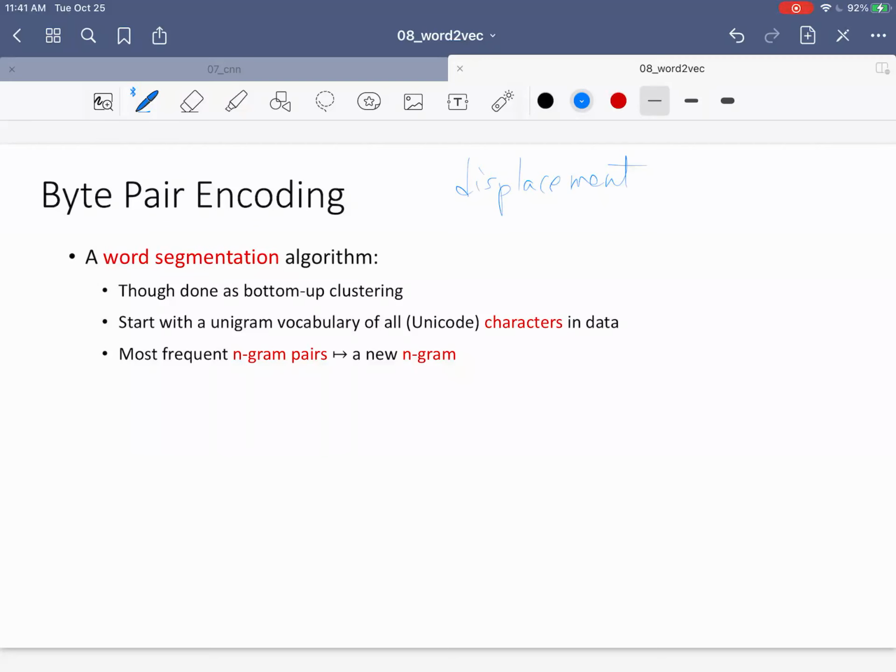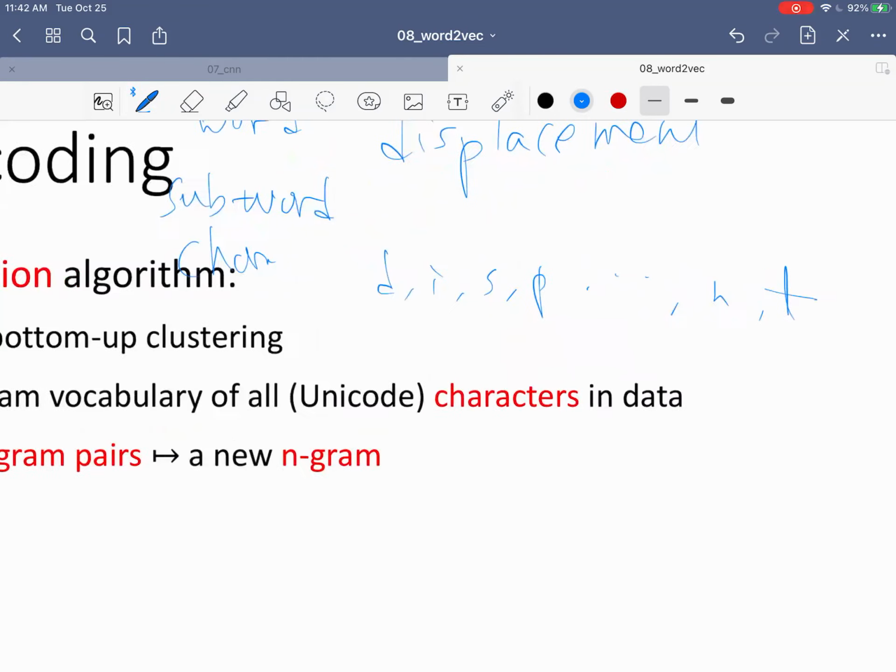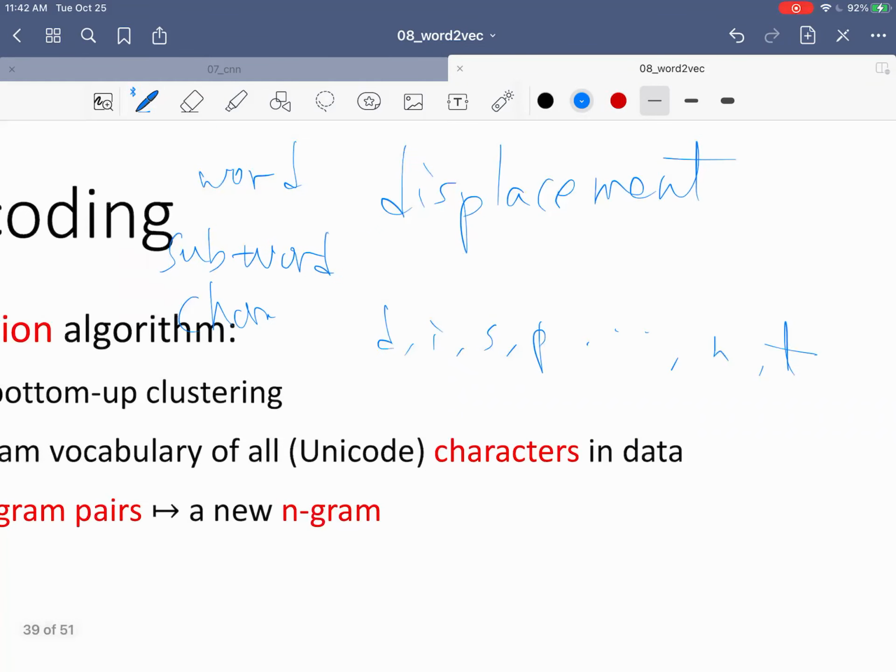Character level would be D, I, S, P, and so on until N and T. Then we need something called subword level, which is smaller than word but larger than character. And hopefully we want this to be broken down into some meaningful units like this,